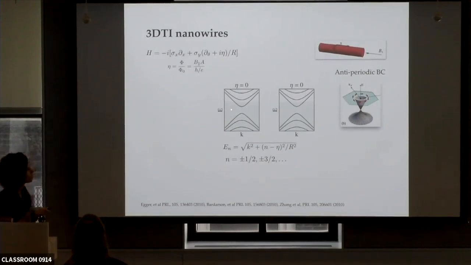If you have zero flux through the wire, this is the band structure, and it has a gap. It's gapped because of the pi Berry phase. These bands are angular momentum resolved bands, and they're all doubly degenerate, with double degeneracy between plus and minus. Now on the right-hand side, what I'm going to do is start increasing the flux from zero. So we break time reversal symmetry.